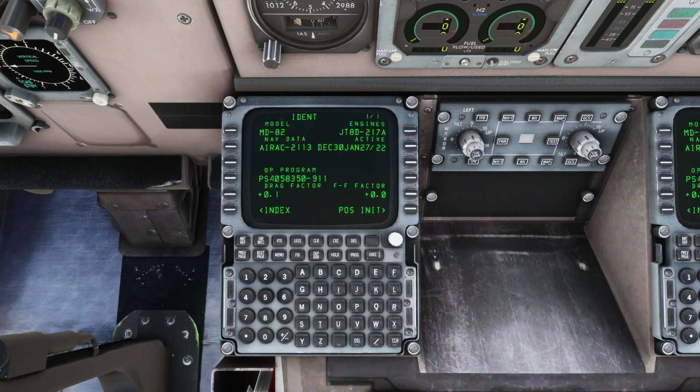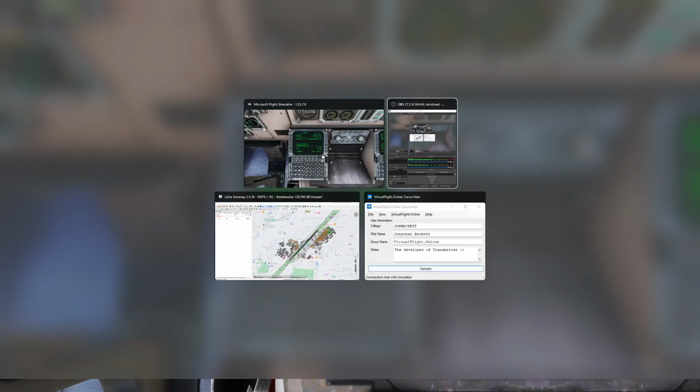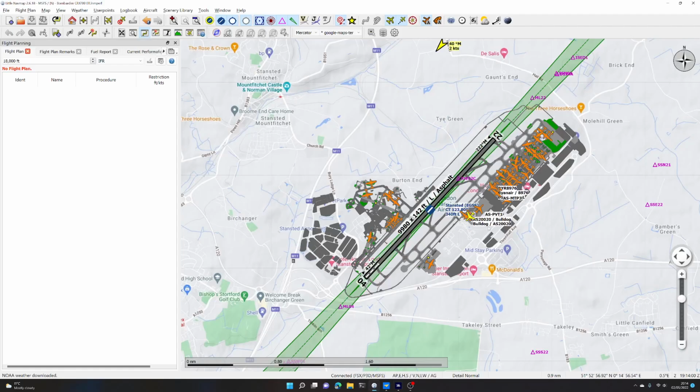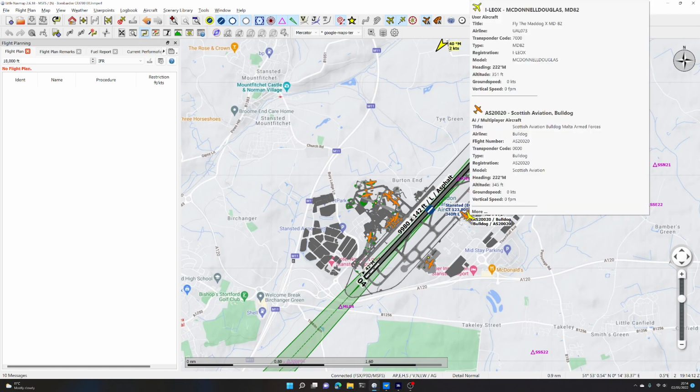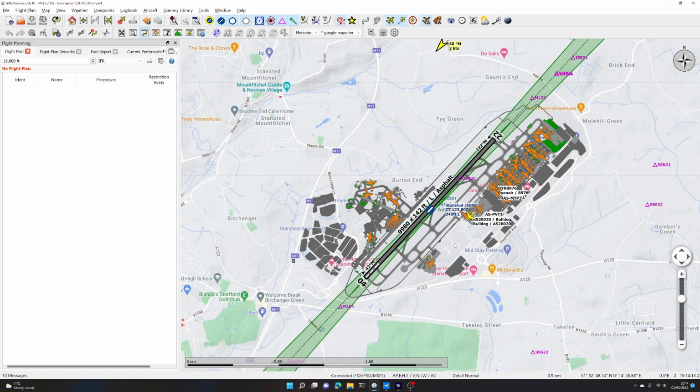Okay, so there's no point doing anything with it yet because we haven't got a route, but we can at least get it programmed into where we are in the world. So we are at Stansted Airport. We are the yellow aircraft. So the application you are looking at here is Little Navmap, which is a free app you can download off the internet, and it connects directly to Flight Simulator and you can do some wonderful flight planning with it. Okay, so we are at Stansted,